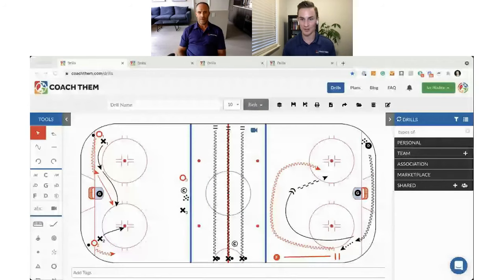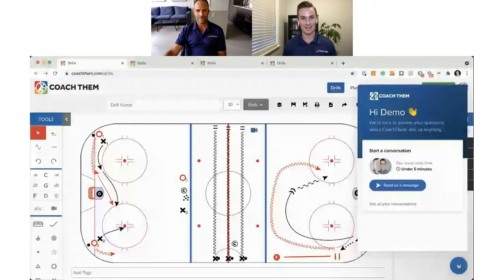As you can see on Mike's screen here, that little chat button at the bottom right-hand corner of the screen is where you're always going to be able to contact us. We're very responsive on there, and we'll always make sure that you're taken care of. So if you do have more questions, I'm sure a couple more are going to drip through here. You can always send us a note through there. And then we also have our FAQ page. I'm sure a lot of the solutions to your questions can be found there.